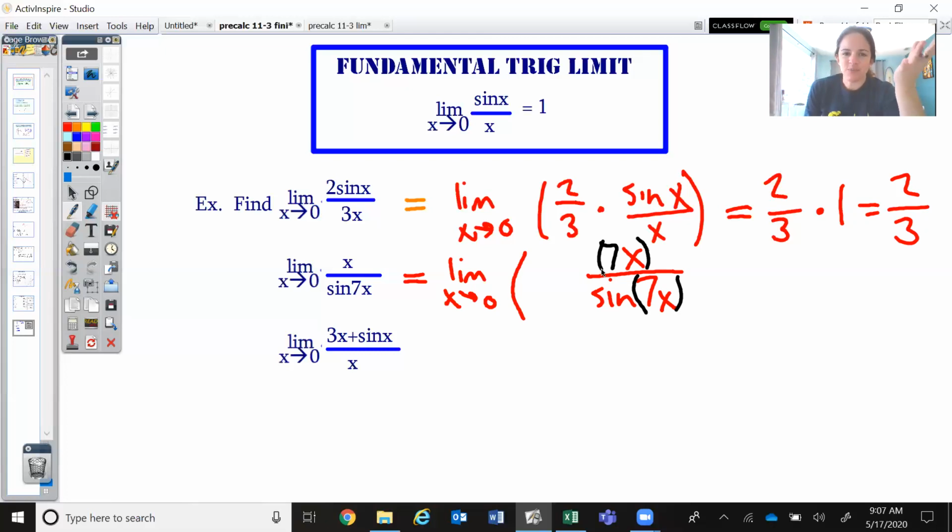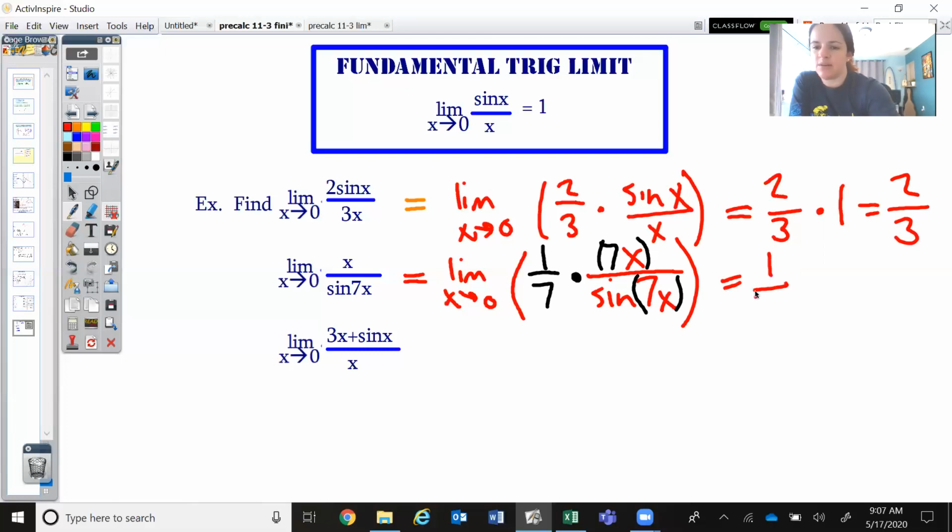The thing is, though, you can't just put a 7 there because that changes the value. So if I put a 7, I will compensate for that by putting a 1/7 there. So it's a little bit of hocus pocus, kind of like completing the square. You put something that wasn't there and then you just compensate for it. And so in this case, if I multiply these individual limits, I would get 1/7 for the first one because that would just be a horizontal line at y equals 1/7. And now the second one here,